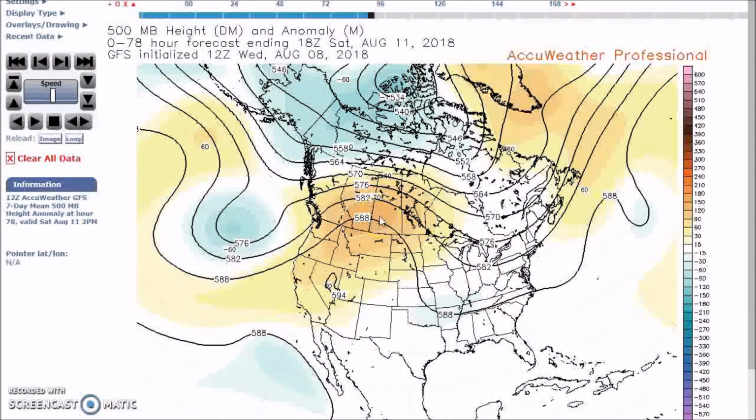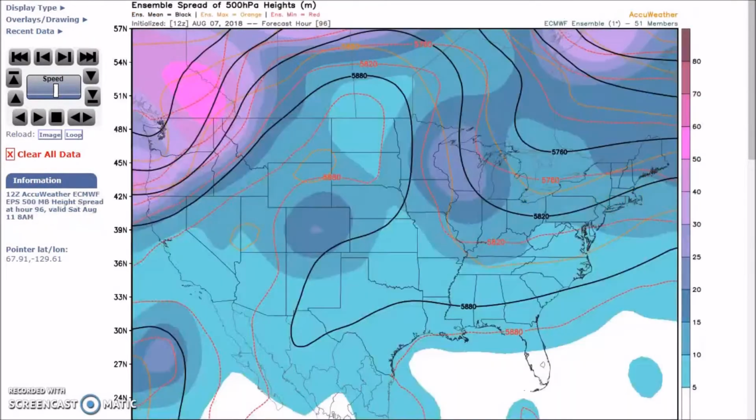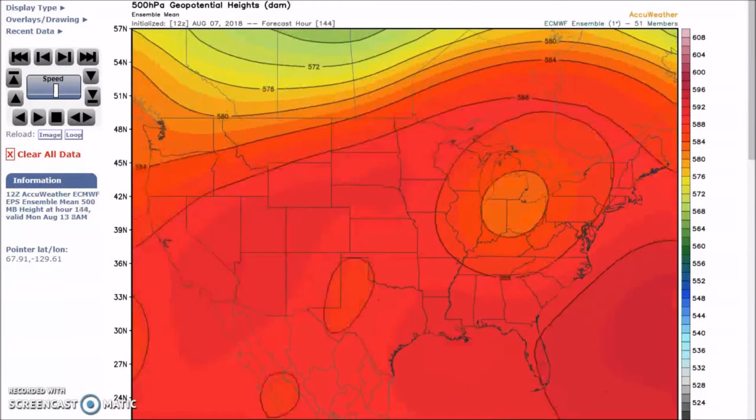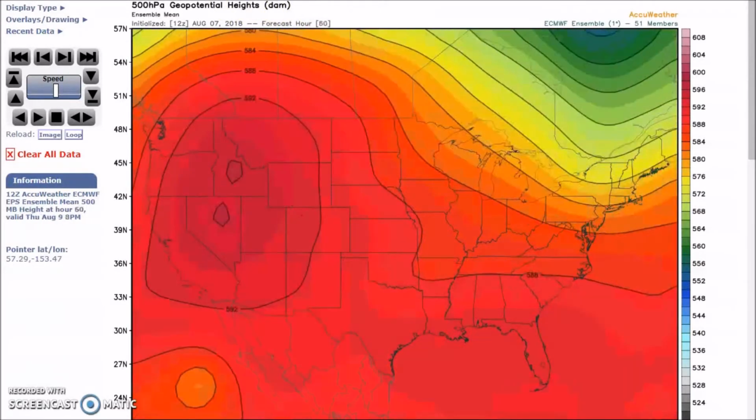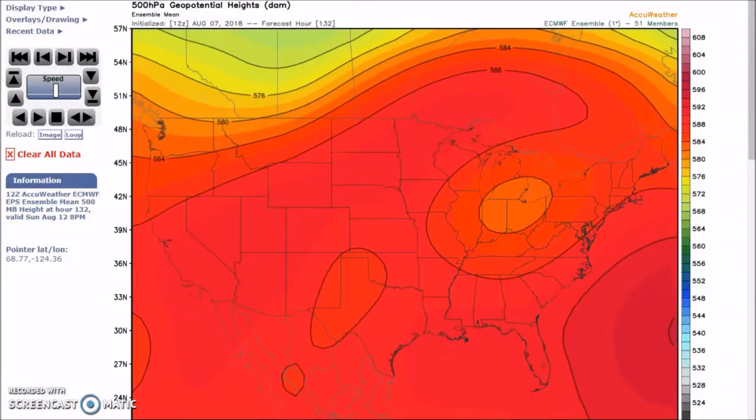feed on the front side of the ridge and will result in a closed off low in the Ohio Valley. I'm going to look at it at another model, and you can see here's the upper low. We're going to go backwards a little bit. This is an ensemble mean. You can see the ridge building up to the north, and then here's our upper low, and this will result in unsettled weather across the eastern U.S.